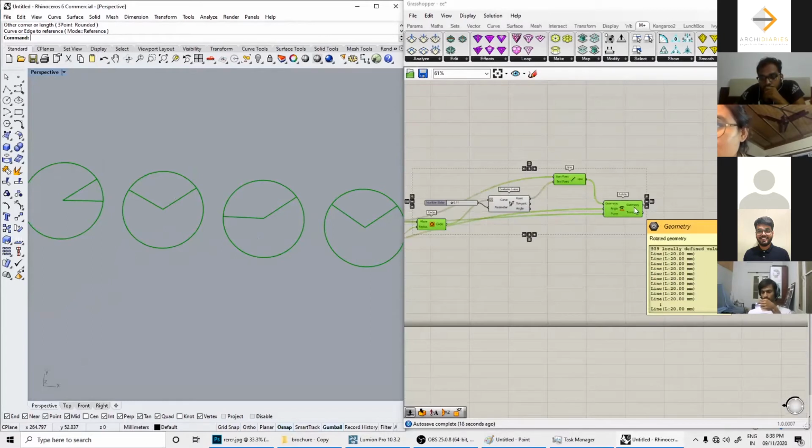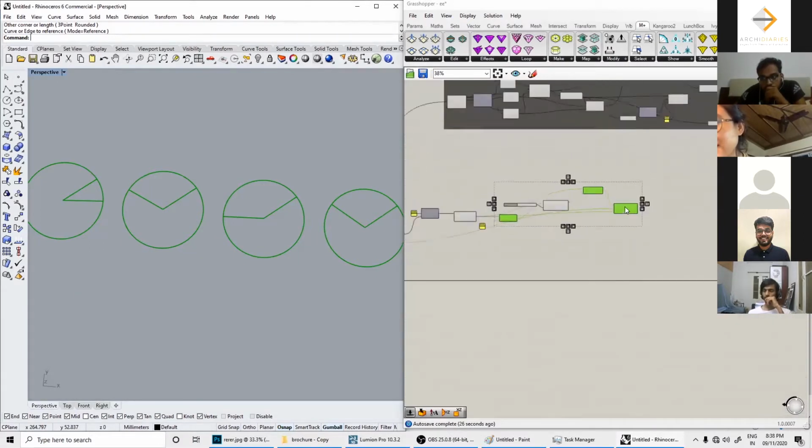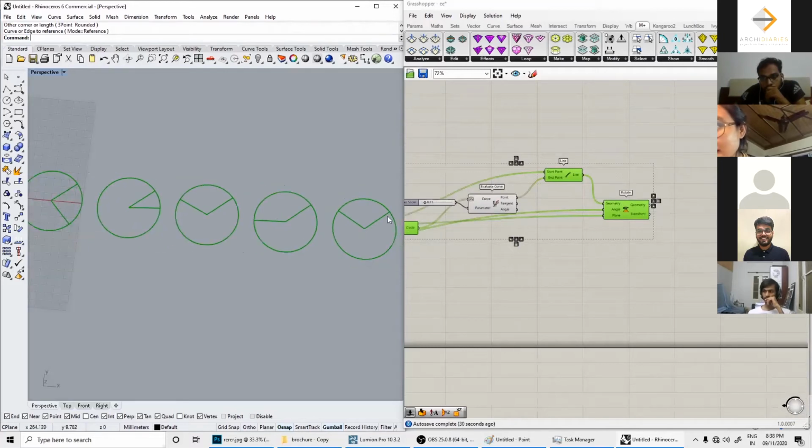Yes, Jaruti. Can you repeat this part? What did you rotate? I just rotated this line along the center, using the angle that I got from my edges. And the first line is a random line? The first line is random, but if I change my first line, my second line will also change, because I'm keeping the second angle tied to the first one. So it doesn't matter where I take my first line. Makes sense now, everyone?